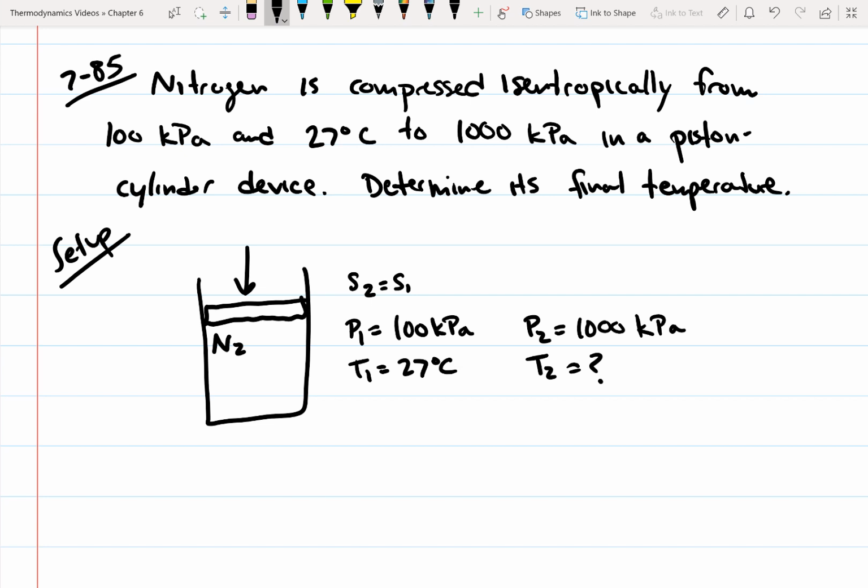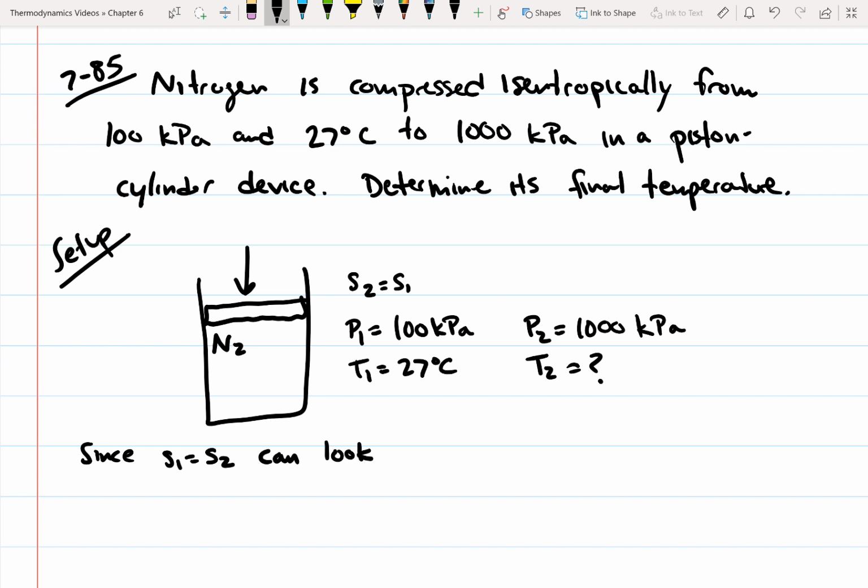Since we can really get this a couple different ways, one thing that gets kind of confusing with solving these types of problems is there's multiple ways to do them. Since this example is for isentropic relations, that's the way that I'm going to use to solve this. Since we know that S1 is equal to S2, since it's isentropic, we can